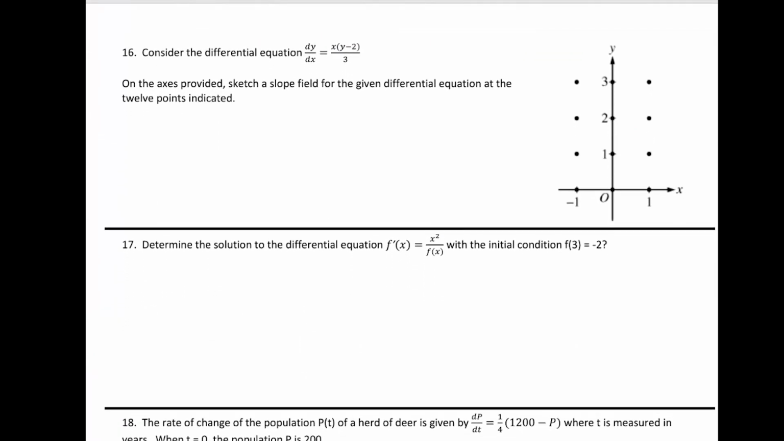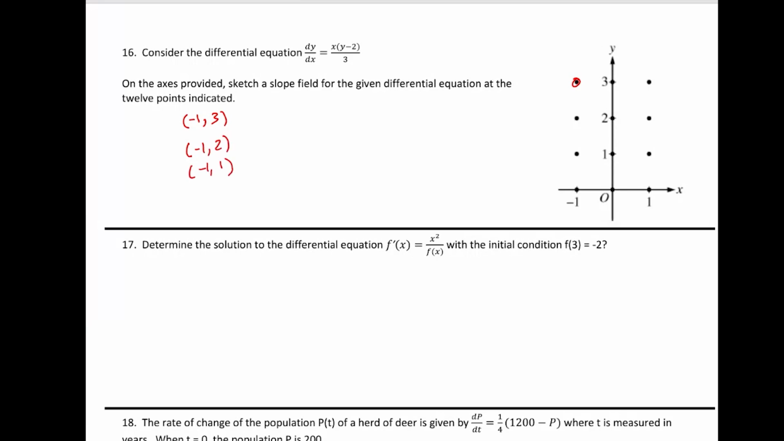Number 16 says, consider the differential equation. On the axes provided, sketch a slope field for the differential equation. So this looks and sounds a lot more difficult than it really is. All you need to do is go through each of the 12 points, and that means we're going to negative 1 comma 3 would be the top left point up here, and go through each of these points